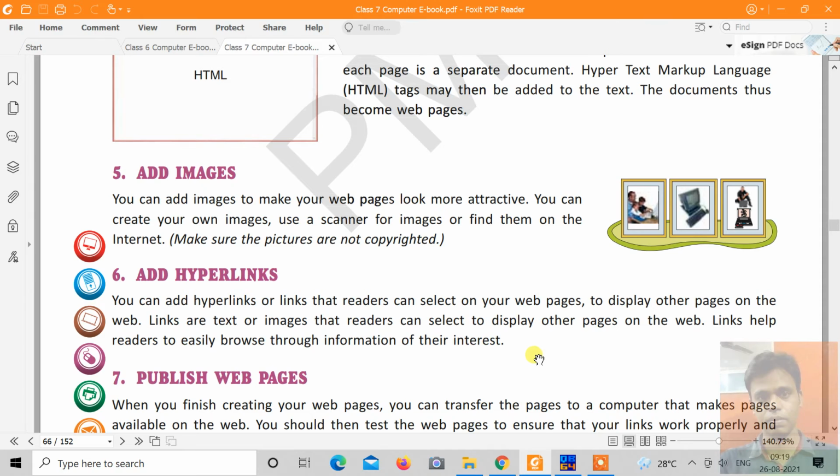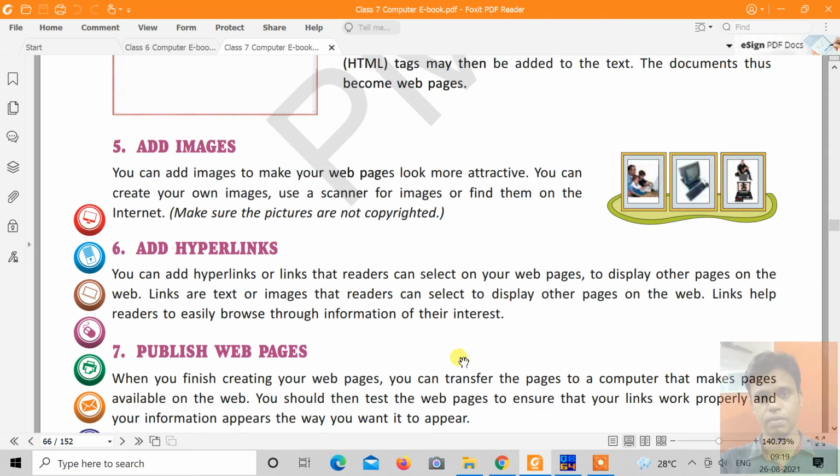After adding the text, if we have to add certain images to our web pages, then we have to select the images, and by using the tags and attributes we can add the images in the web pages. Adding hyperlinks is also very important because it is used to navigate from one page to another page. So hyperlinks should also be added for navigation between the pages.